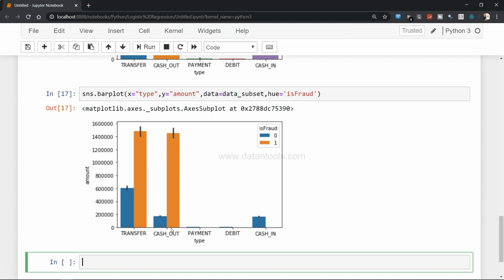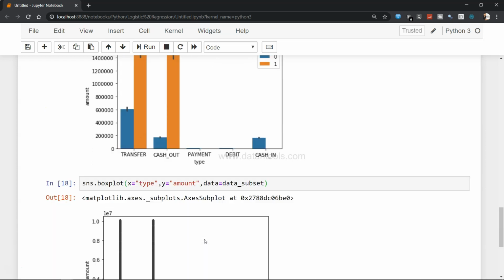Alright, so this type of crucial information is given by the data exploration. So I can explore still a lot. Let's say I want to create a box plot to understand the distribution. So I will create sns.boxplot is the command. X equals to the type, and y equals to amount, and data is again data_subset.